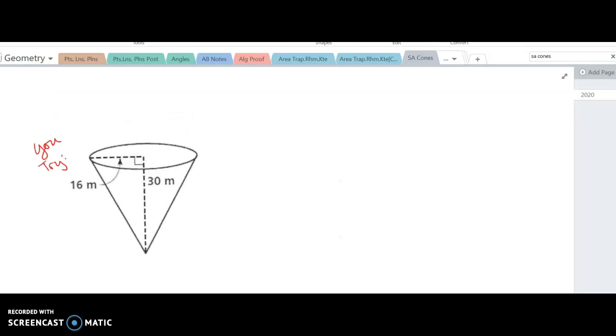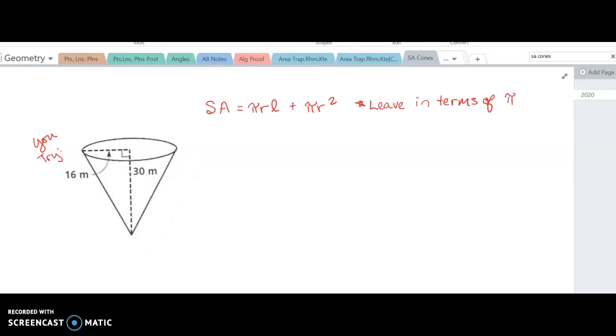Okay, so let's make this next one a you try. So if you will, pause the video, give this next one your best shot, and then we'll come back and look at it together. Okay, so this cone we have this time is upside down,